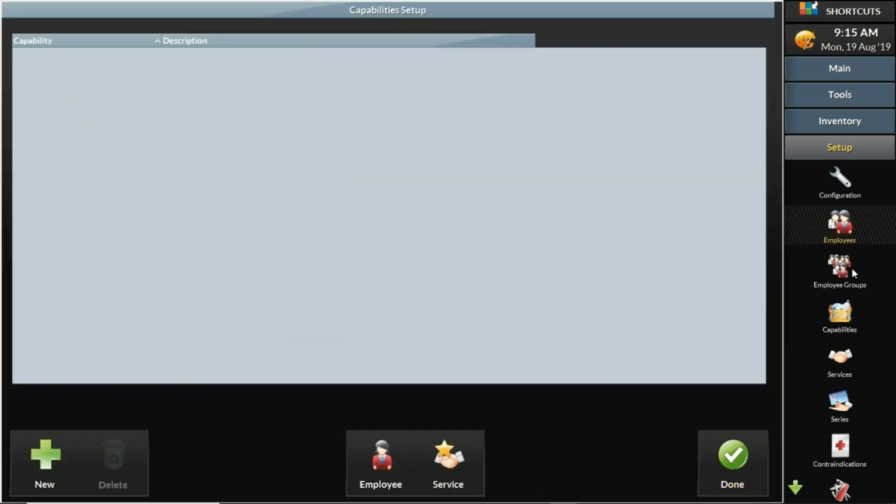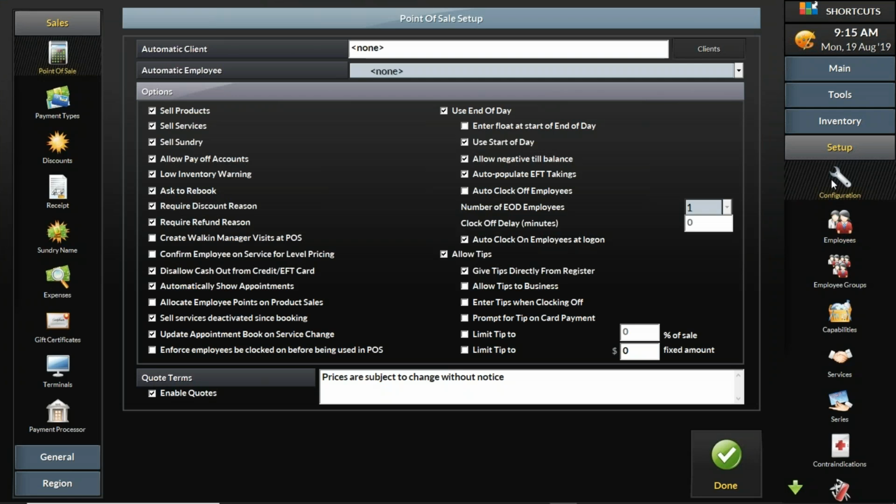But what about your business hours? If you're changing business hours because of the holiday or because it's back to school season or for whatever reason, if you go to Setup Configuration and on the left side, you go to the General button on the bottom left corner,